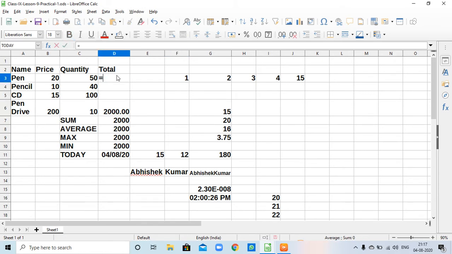Equivalent to B3 multiply by C3. So the result is 1000. Here the formula is shown in the formula bar. Now you can drag it.